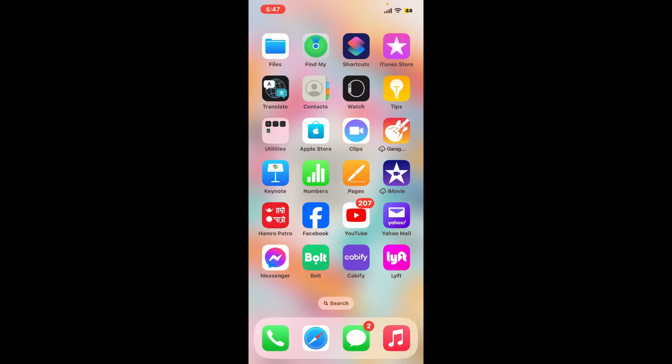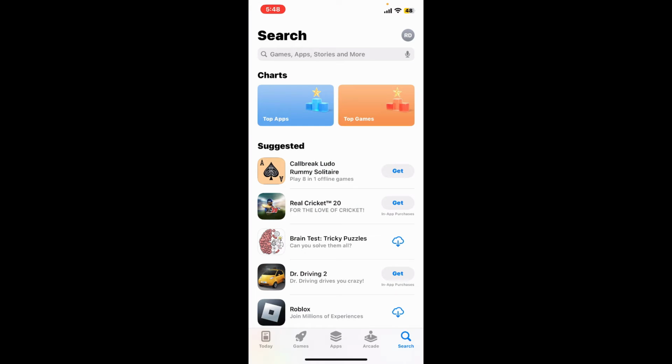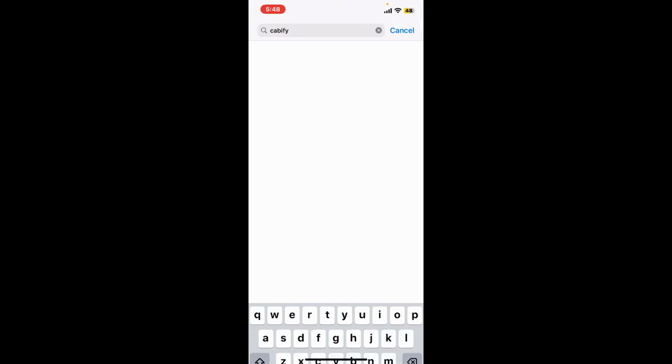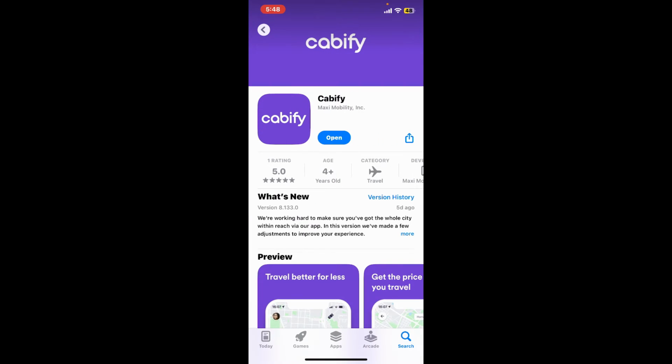suspect a weak signal. Now the next thing to do is to update your Cabify application. Open up your App Store from your iPhone. In the search box at the top of the screen, type in Cabify and search. Outdated applications can sometimes malfunction, so make sure to open up the app and then check if there is an update available. If there is, you will be able to see an update button instead of open. Simply tap on update and you should be able to download and install the latest version of Cabify app on